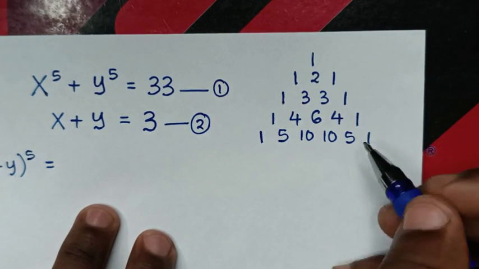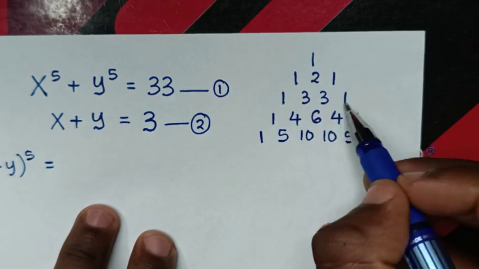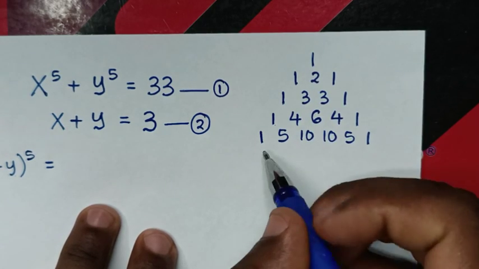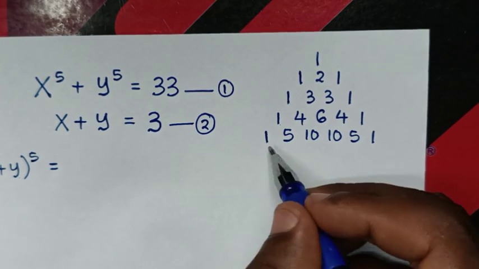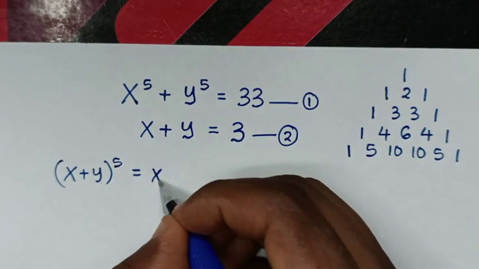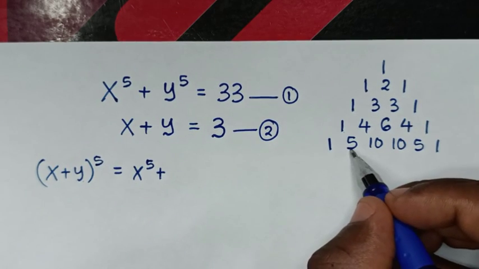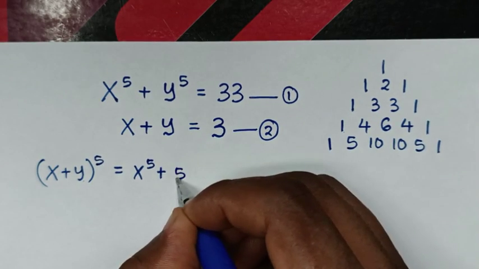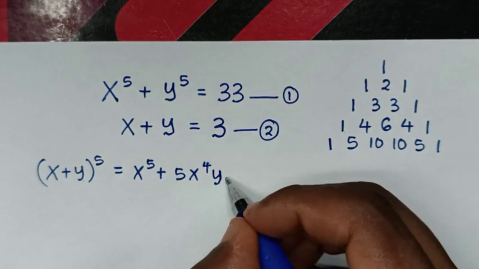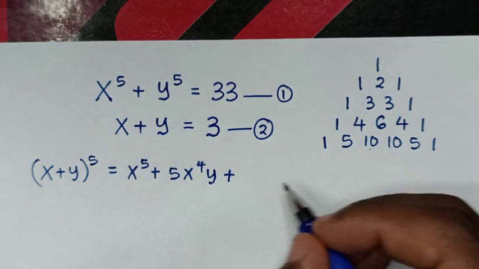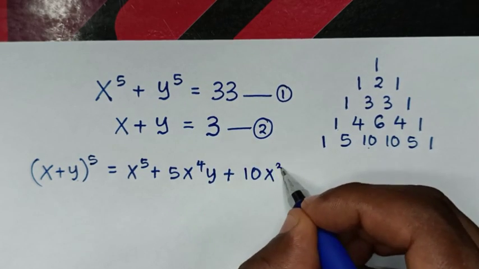So power of 5 is in the fifth level, and we'll use these coefficients. The first coefficient is 1, so here it will be x power 5. Then plus the second coefficient 5, x power 5 reduces to x power 4, then y, plus the coefficient 10, x power 4 reduces to x power 3, then